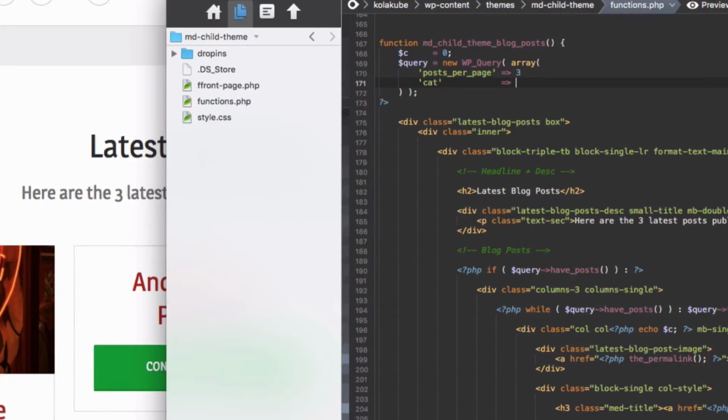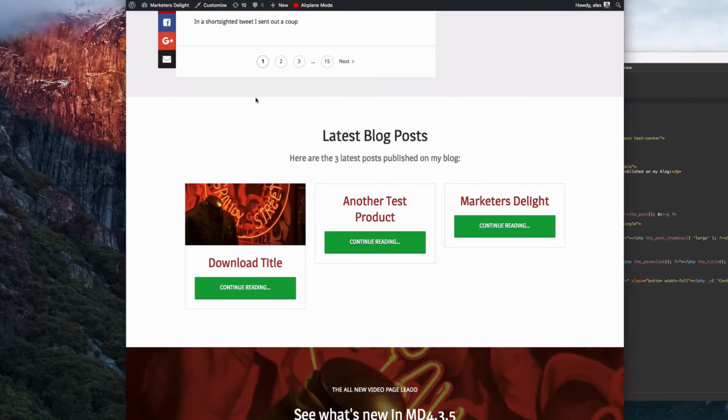So you would go and get the category ID, which you would do by editing the category in your post editor, and then once you're on the edit category screen, look up into the URL bar, and you'll see something that says cat ID equals, and you're going to get a number. So I wrote down, let's use category ID 6. It's already a category that I've added posts to. We need a comma right there so we don't break anything. So we just simply add in the category ID, and now it'll go back to pulling posts,